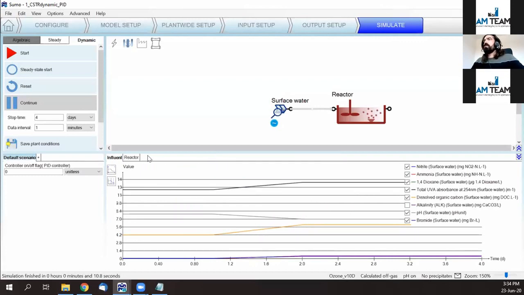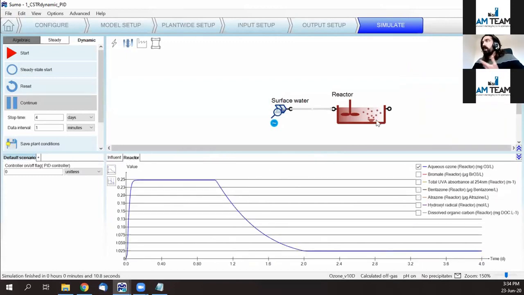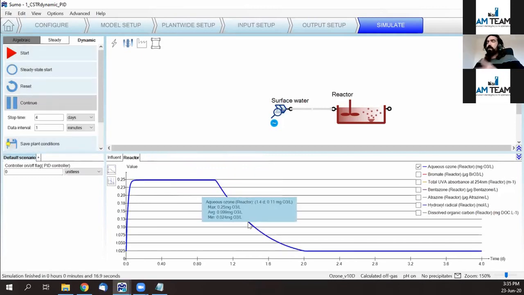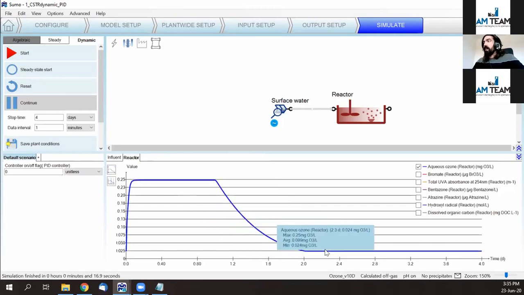So how is this going to translate in what effects it has on our reactor, on our results, so on our treatment? So again, we are blowing a constant flow of ozone gas here in the reactor, and this is actually the profile that we obtain in the 4 days of simulation. Before, we have a constant influent with a less concentrated water coming in, still surface water, and then little by little the more concentrated water kicks in, and it's visible because ozone gets more depleted by the organics